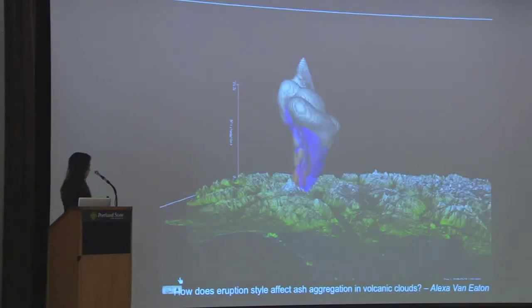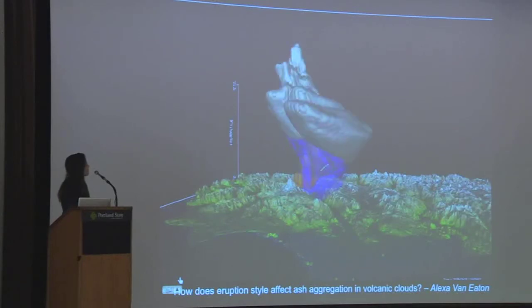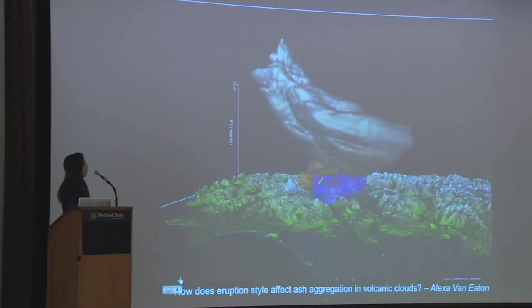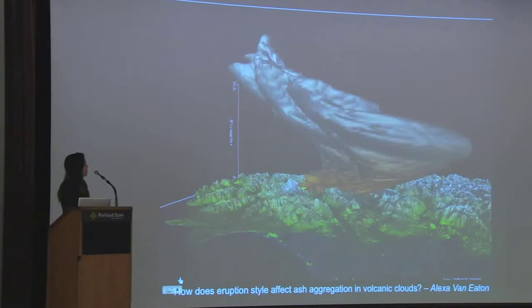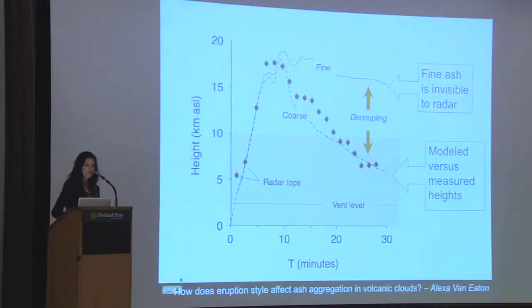So you can see that the eruption column rises up, and this purple stuff is the hail, which falls out really rapidly close to the source, so then sort of 20 to 30 kilometers north as the rest of the plume continues mostly towards the north. You can see there's a bit of wind shear here where the upper portion of the plume is heading south. If we compare this with the radar data that was collected from the eruption, we get